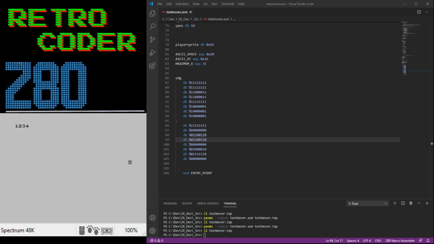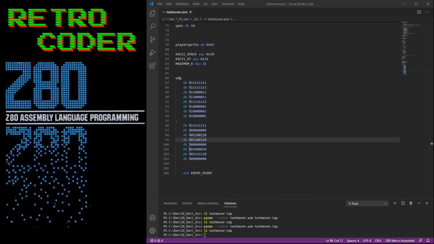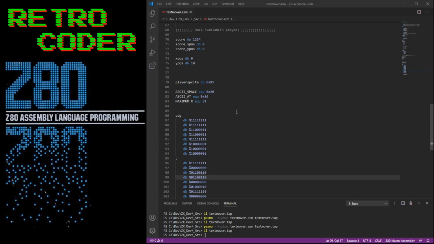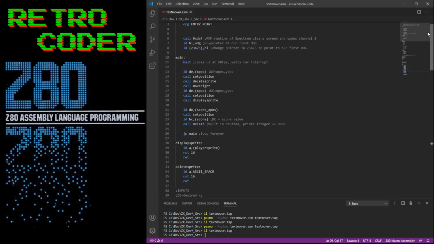The very last thing we're going to do today is learn how to colour the screen. Obviously very important for games. So this is one of the great things about assembly language. We can just write directly to the memory where the screen colour is stored, and change it. So if I go back to our main function,